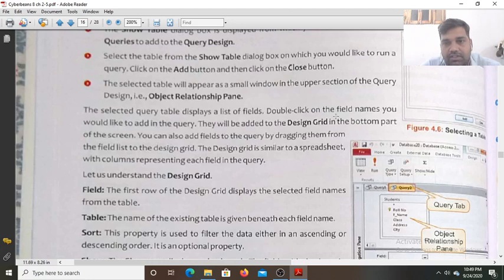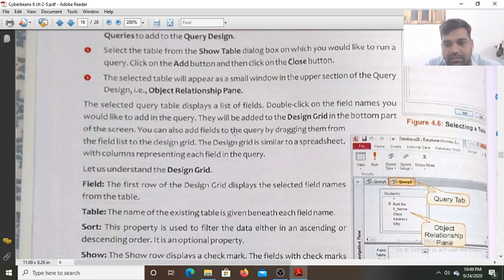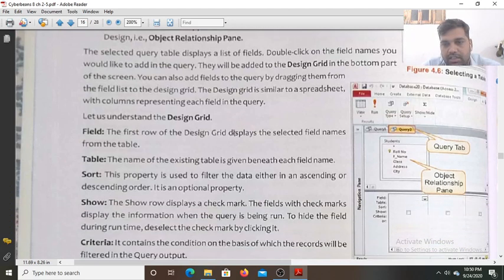Double click on the field names you would like to add in the query. As you can see here, this is the object relationship pane and this is the query tab. When you double click on a field, that field will be added in the design grid in the bottom part.